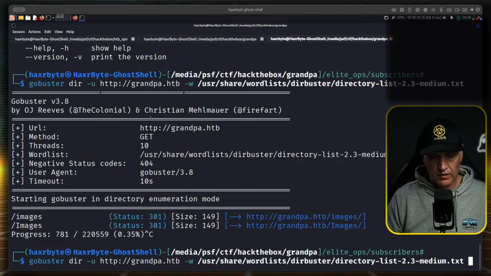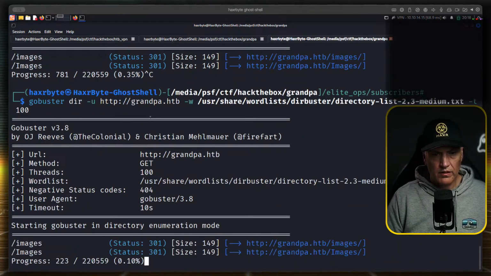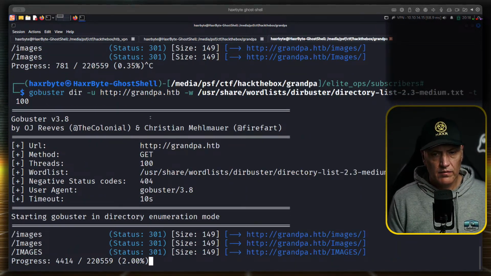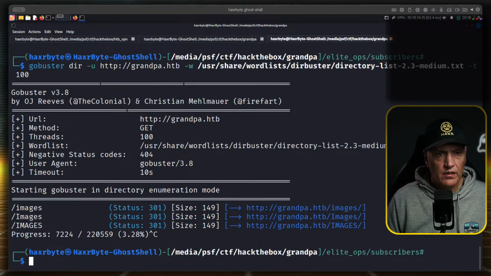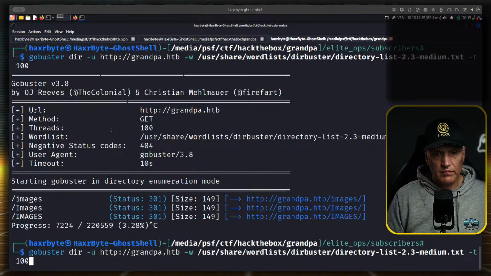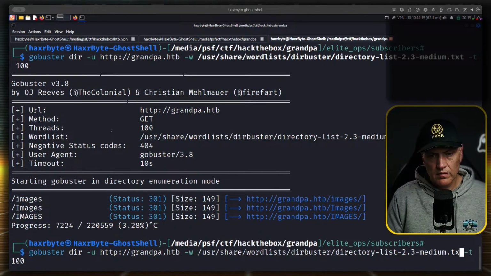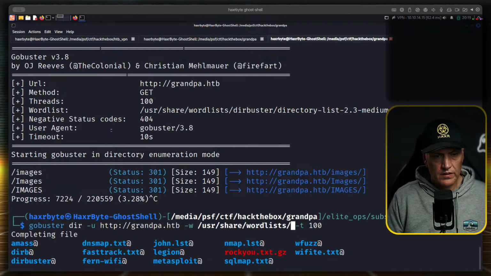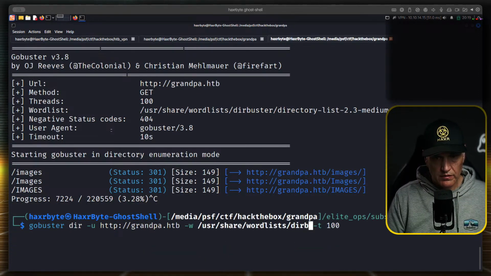Okay, we need to up the threads. -t 100. Okay, but this is what we did. So I want to do that again. I want to do the vhost. So vhost. What else is there? Buster.